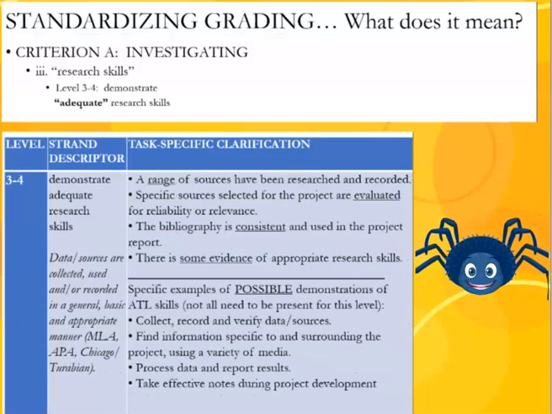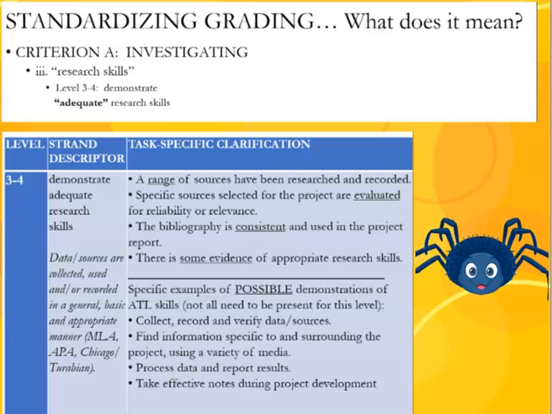Now let's look at the detailed, task-specific clarification for levels 3 and 4 in the same strand about research skills. This is a basic level for all students, and our students should meet at least a level 3 or 4. They will have a range of sources, but maybe not a wide variety. The sources may all be websites, for example. They will have just enough research,